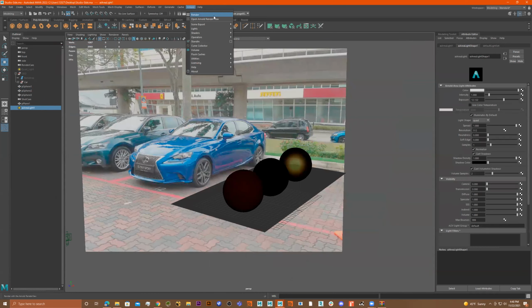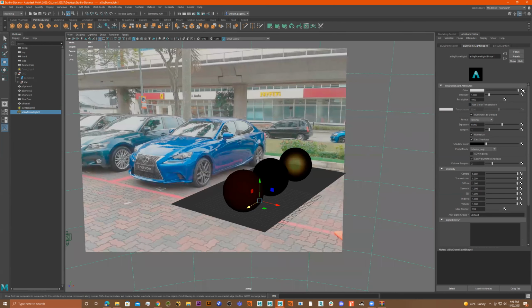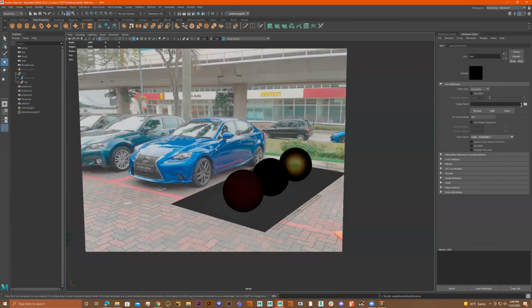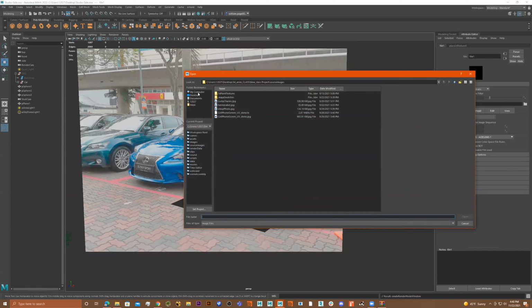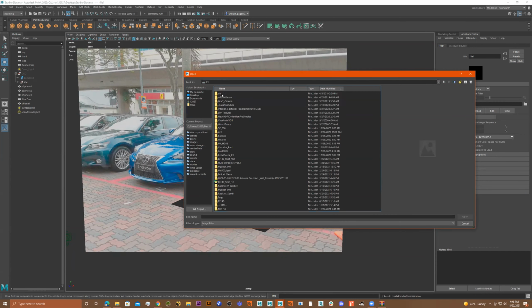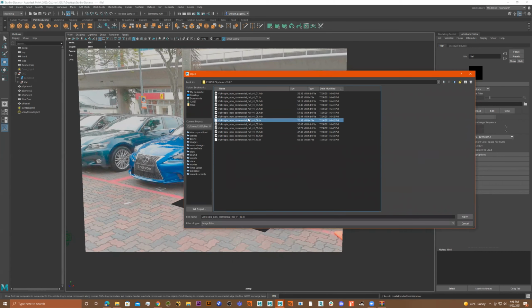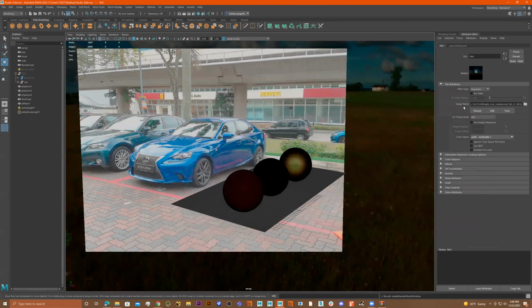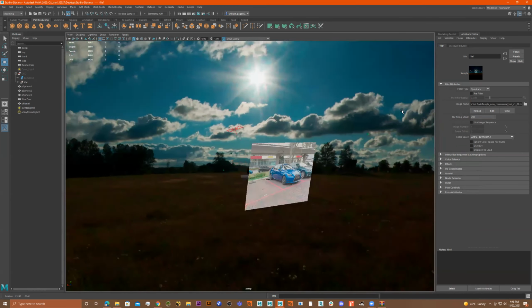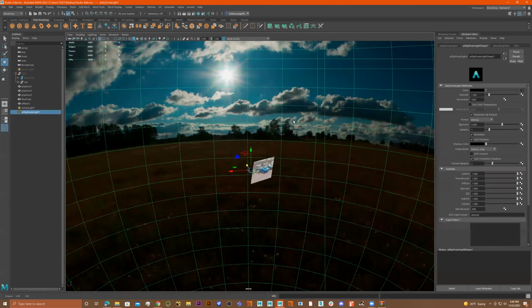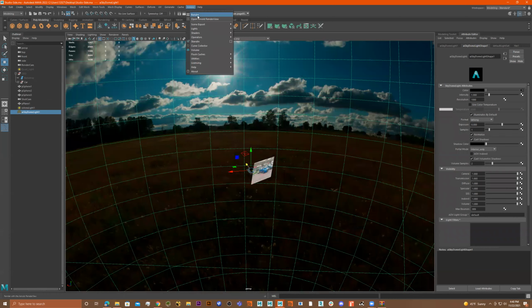So let's go get ourselves an Arnold light, a sky dome light. Do the same thing, go over here, go to file, we'll get ourselves a HDRI. This is one I've used already. Looks like a nighttime kind of sky. But look, that light's coming from over there. Well, let's just see what it looks like